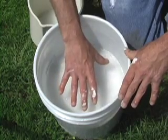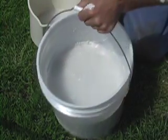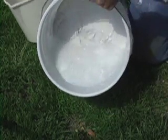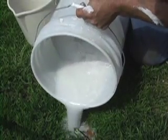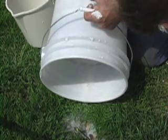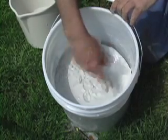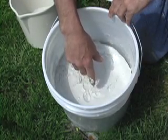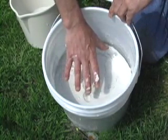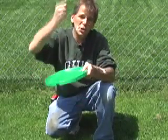When it comes time to come back to reuse this again, all you need to do is just dump the excess water off till you start to see a little bit of darker liquid coming out. Stop, remix this with however you mixed it to begin with, and you're going to have a nice fresh batch of mud. I forgot to mention, pay a little attention to your lid, because when you go to bang this back on